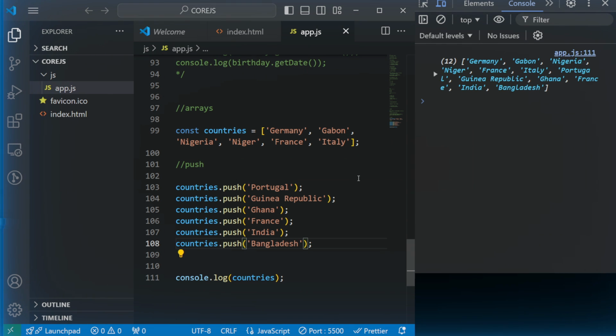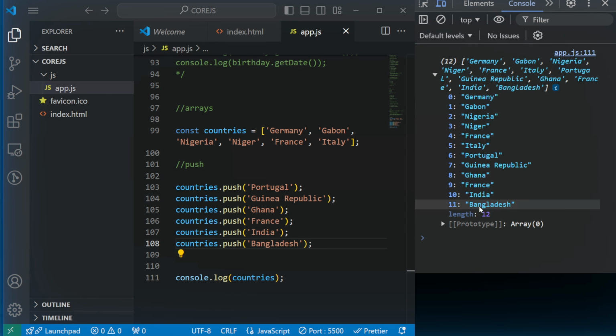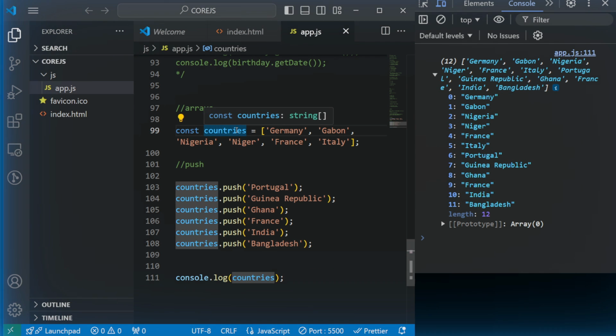Okay, so you see now that I have 12 countries, right? And then the length is 12, but because of the numbering, we have 0 up to 12. So this is how you can add elements to the object countries, which is your array. Okay, so now when you have added an element to an object, the next question is, how would you